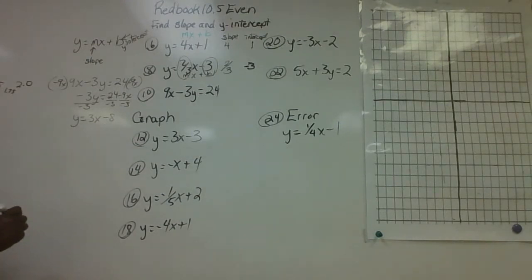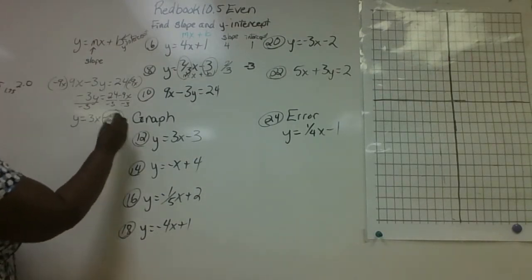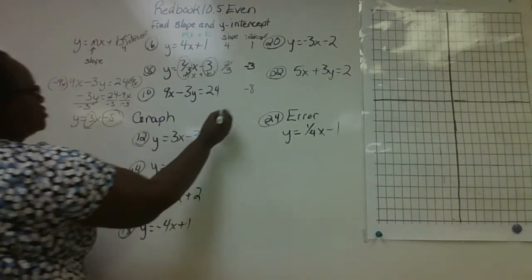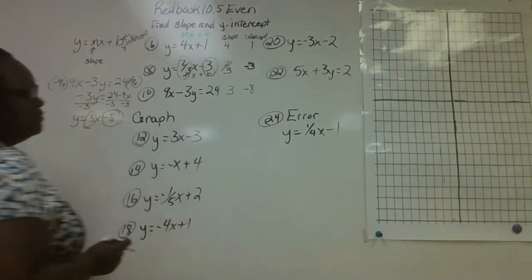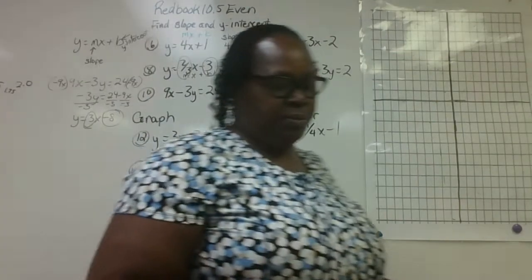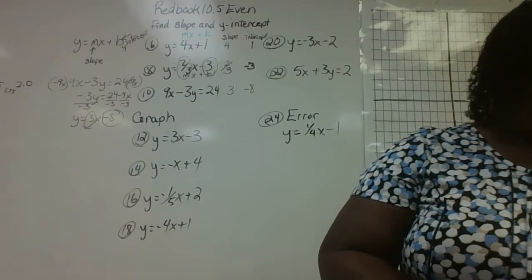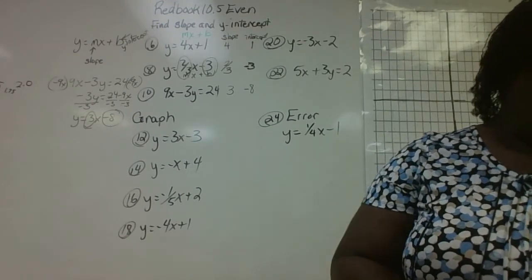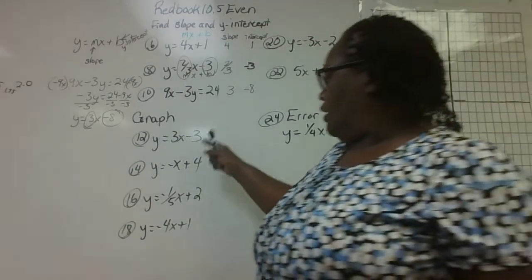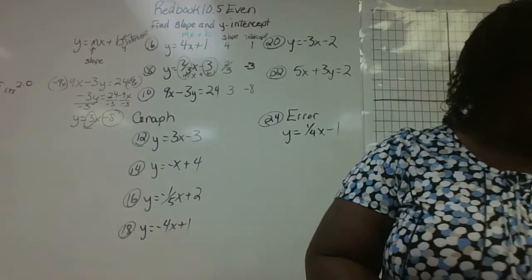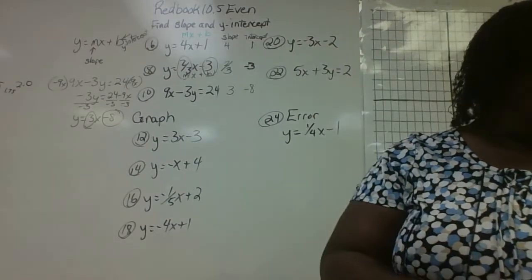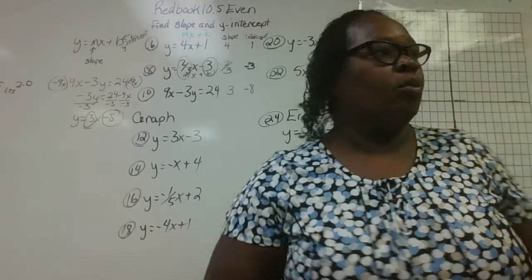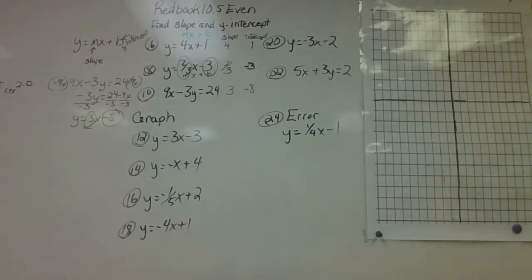So therefore we can make our determination now that this is our intercept and this is our slope. Okay? And that's how that is done for numbers 6 through 10. Okay? So now let's take a look now at 12 and 14. 12, 14, 16, and 18. In 12, 14, 16, 18, it says graph the linear function using the slope-intercept form. All right, so now we make a determination